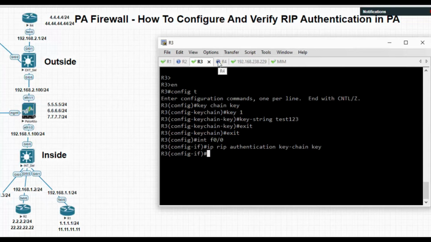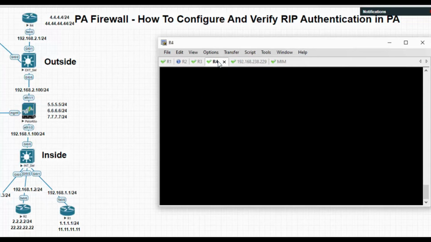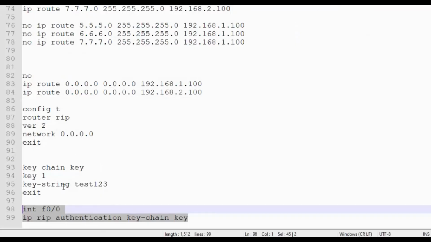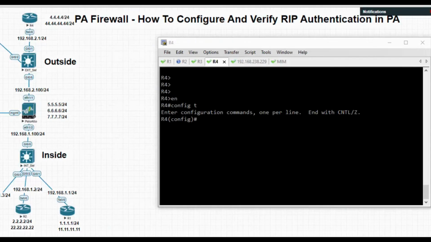Okay, I have done it in R3, and now let's configure in R4 as well. Copy this command.